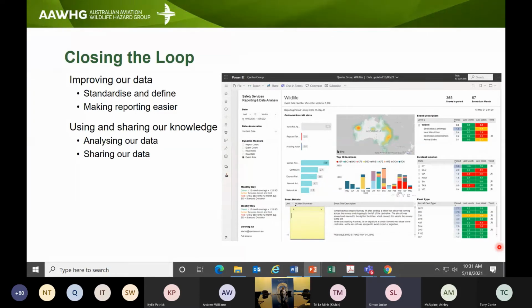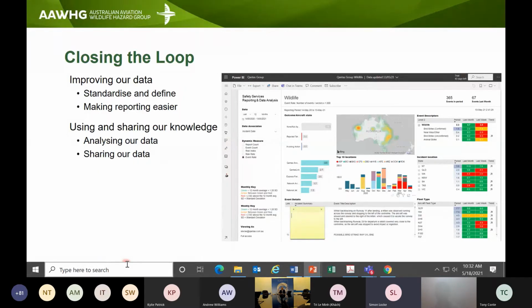What we want to do is make it easier for our pilots and ground staff, because we look at wildlife interactions not just in air, bird strike or near misses, but also what our observations are on the ground. So we want to make that reporting easier, and we want to make that reporting visible across the group. Importantly, as we move through this process and as we learn more, we want to share our data with the wider industry and get a better understanding across the entire operations and all the airports, so that everyone benefits from